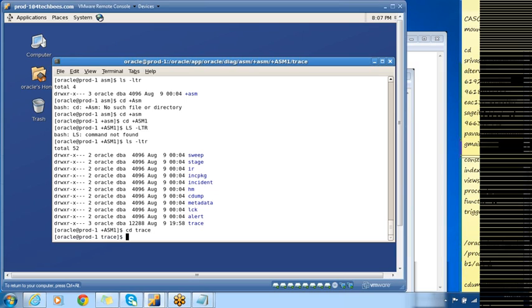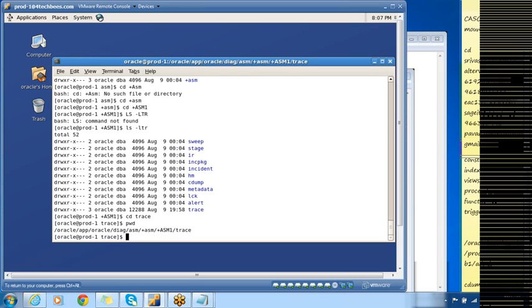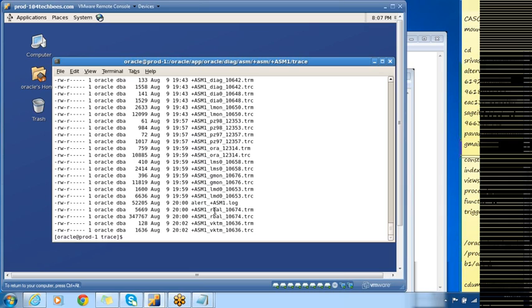It is similar to our RDBMS DAG destination. The only difference is for RDBMS you'll have RDBMS here, but for ASM you'll have ASM. That is the only difference. So it will be present under grid base followed by DAG, ASM, then plus ASM, and plus ASM1 is the instance name, followed by the trace folder. Now you can see there is the alert log for ASM. You already know the alert log will be of the format alert underscore sid dot log.